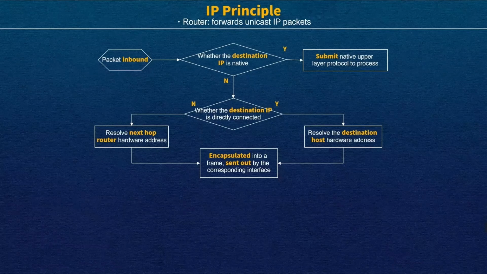will continue to delete the layer 2 information, delete the MAC address information, and take the destination IP address to check my IP routing table, and then help you do the forwarding. So this is the process of router B. That's because router A already added router B's interface MAC address into the packet, and then router B will do the check. So router A has to resolve the next hop router hardware address. After we get this information, we will encapsulate the packets and then send out.